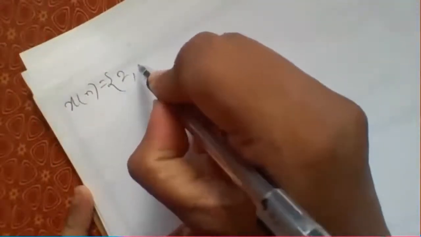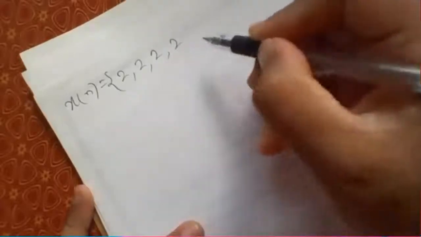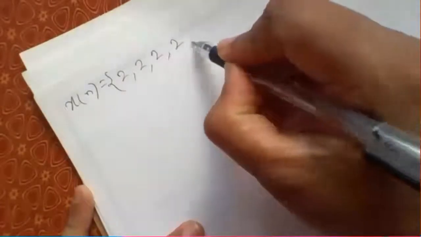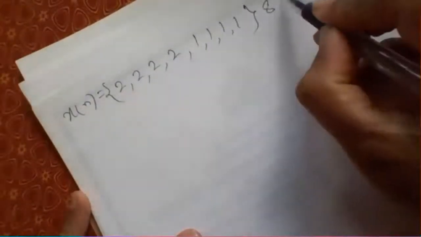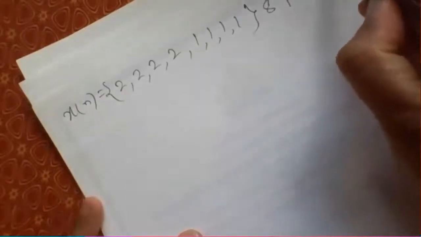So today we will just take an example of calculation of 8-point DFT using the Radix-2 DIT algorithm. Assume that the given x of n has 8 samples: 2, 2, 2, 2 and 4 ones. You have to compute the 8-point DFT of this sequence using the DIT FFT algorithm.